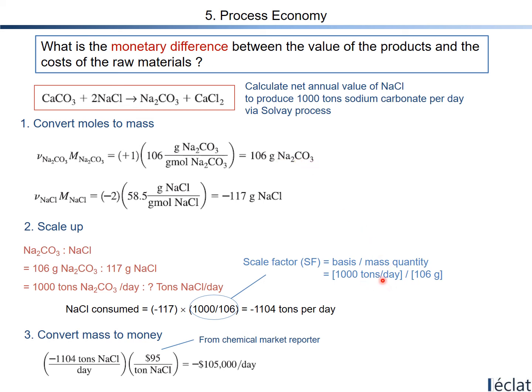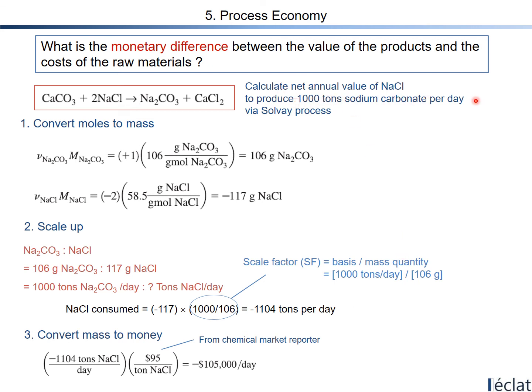And then this is the scale factor. By using the scale factor, you could scale up the values obtained from the chemical reaction equation to the basis level. So anyway, again, 1104 tons per day of sodium chloride should be consumed or should be required for making 1000 tons sodium carbonate